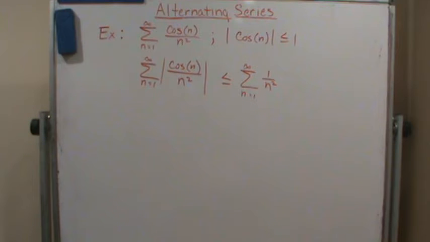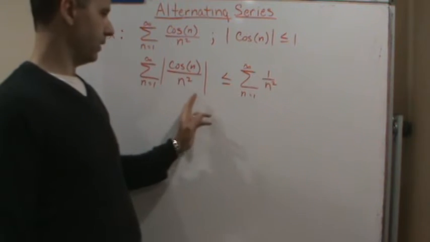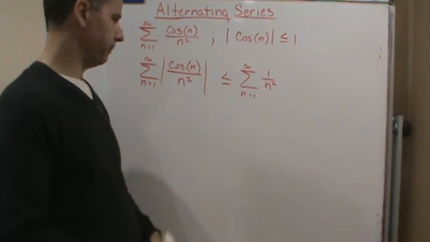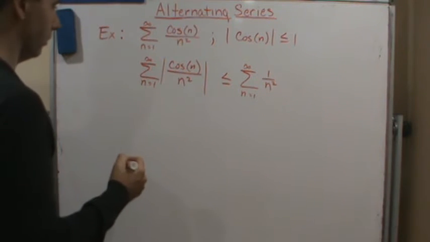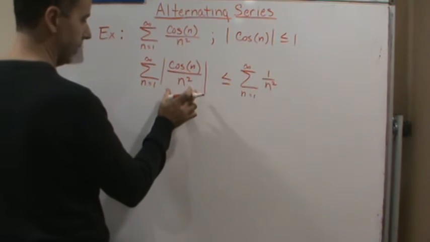And so we can use the comparison test to see what this, now this converges, right? So by the comparison test, we know that this